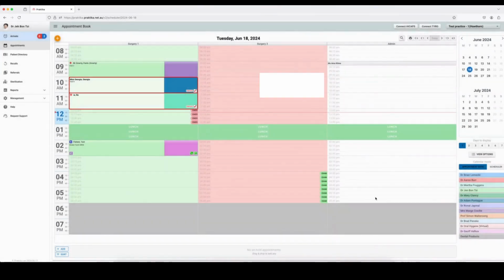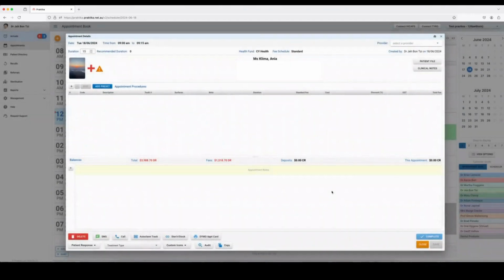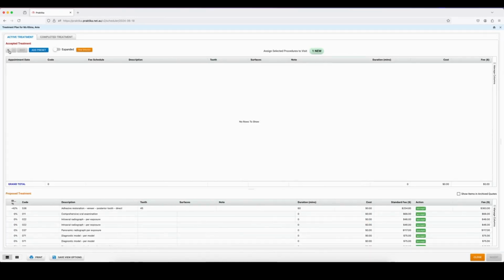and then press OK. So from here, you're going to make sure that it is assigned to the provider who's performed the work. So on the top right, because they're not painted in the column, you're going to need to manually assign the appointment to a provider. So I'm going to assign it to Dr. Martha, and you're just going to press the plus